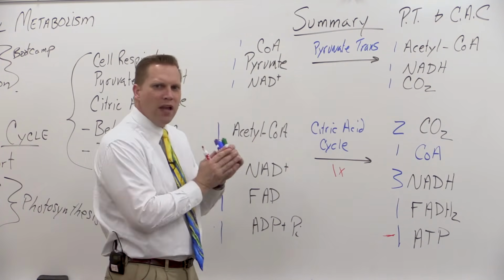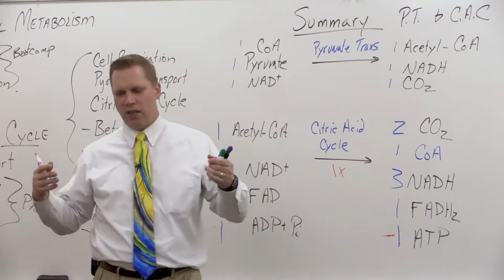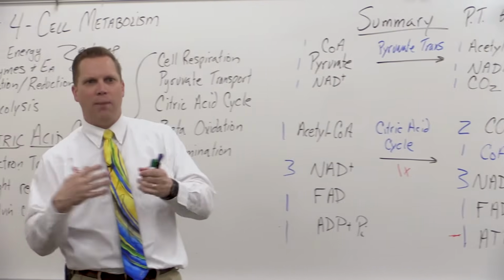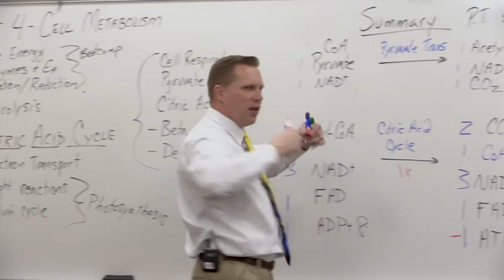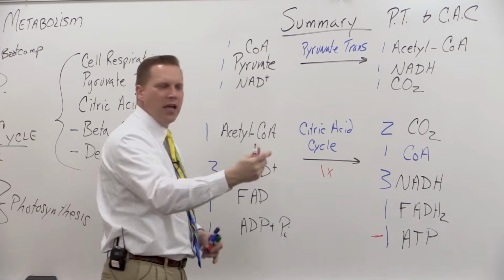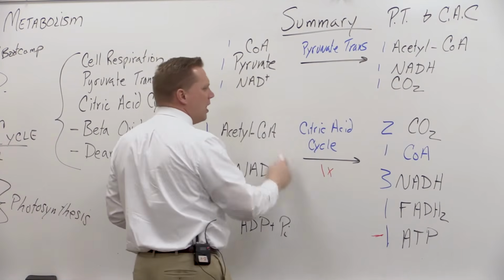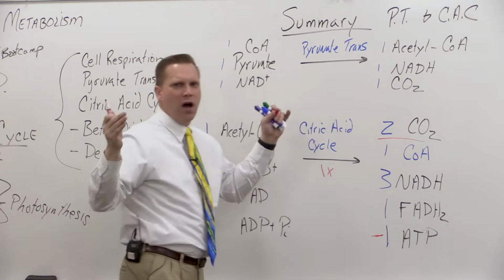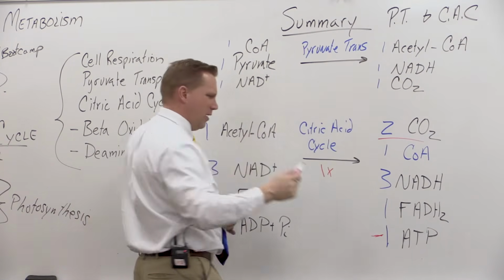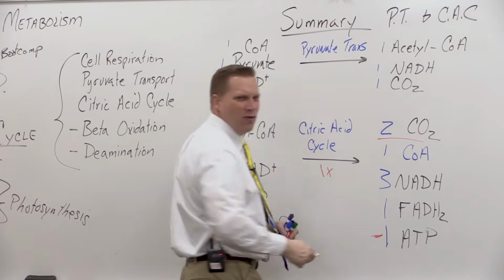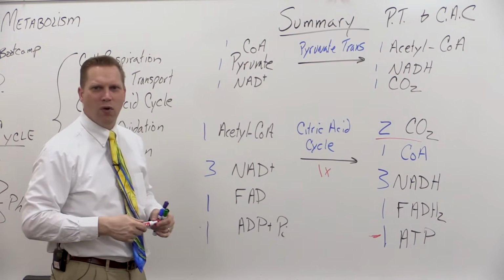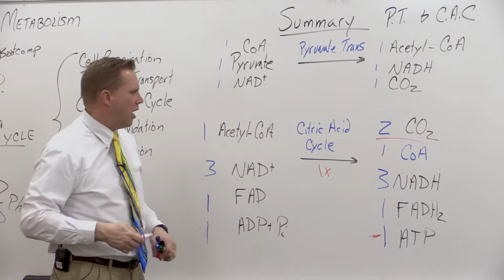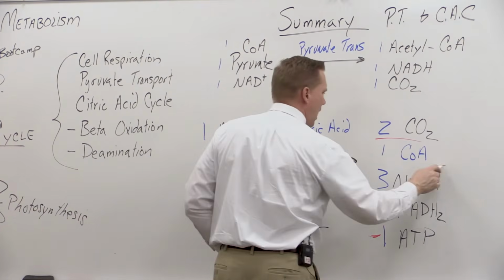Our pyruvate is all gone. Earlier we said that there was a lot of energy locked up in that pyruvate and that we were going to tap into it and pull it out in the later cycles. And so we're in a later cycle now. The pyruvate's all gone. But we still don't have a lot of ATP to show for it. Where did all our energy go? Our energy